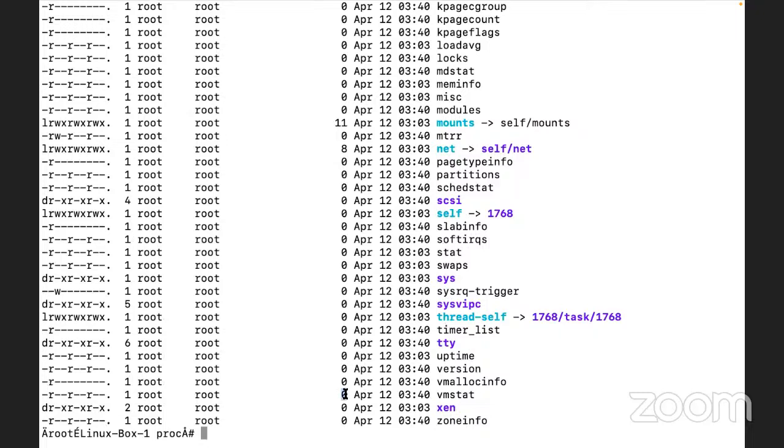Because /proc is a virtual file system. It is utilizing the space from your memory itself. Can you come again? What is this file system? This is a virtual file system. Whatever changes are happening in your operating system, for example sometimes load is increasing, sometimes memory utilization is going high or low, this keeps on changing. This is dynamic data.